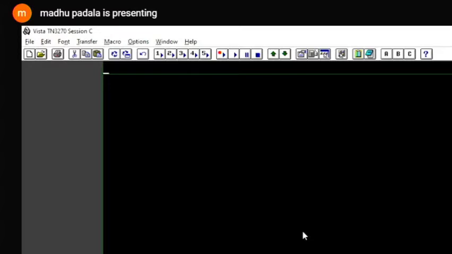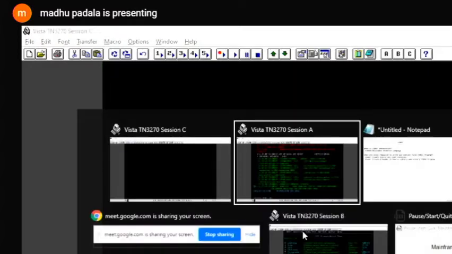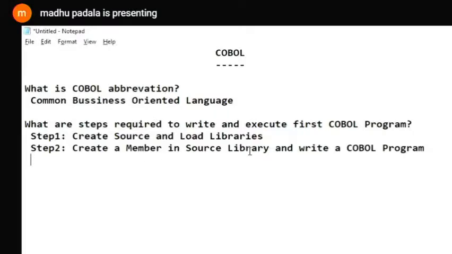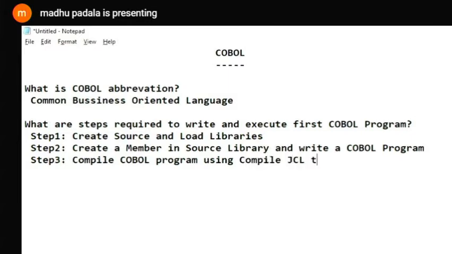Now, step 2: create a member in the source library and write a COBOL program. Step 3: compile the COBOL program using the compile JCL to create a load module.